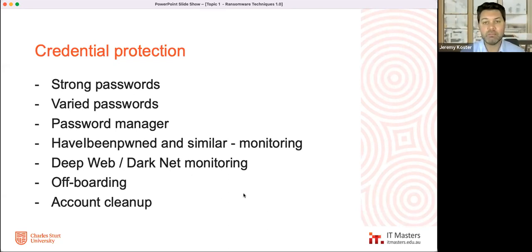We will cover monitoring as its own topic. It's so important for protecting an organization. I'm taking it out of these protection measures and putting it in detection measures that we'll cover in week 4. So this is important, these protection systems.